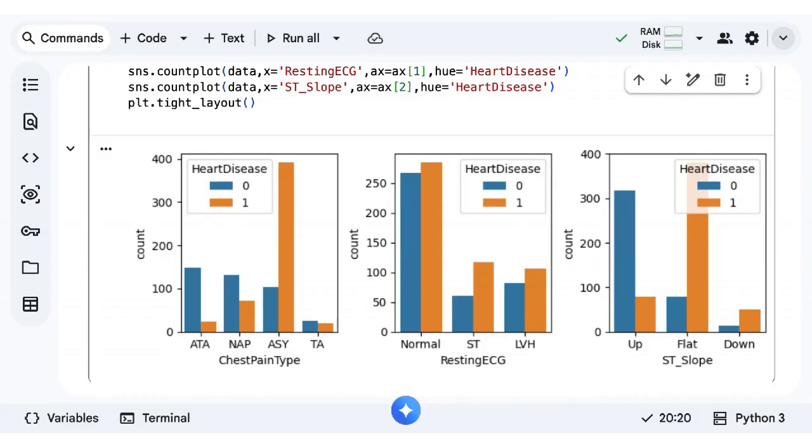But one hot is the safer option because order doesn't matter, giving equal importance. As per this, ASY means chances of getting heart disease is more. But second priority should be TA, yet as per this it is showing NAP, because the number of patients we have with TA is very less. So based on this, we cannot judge. Yeah, that's where it fails.